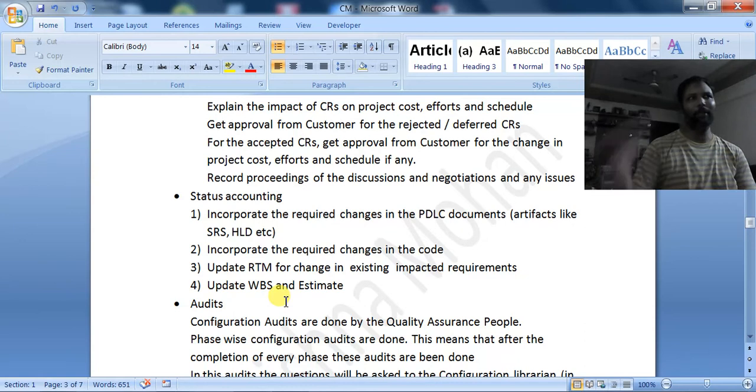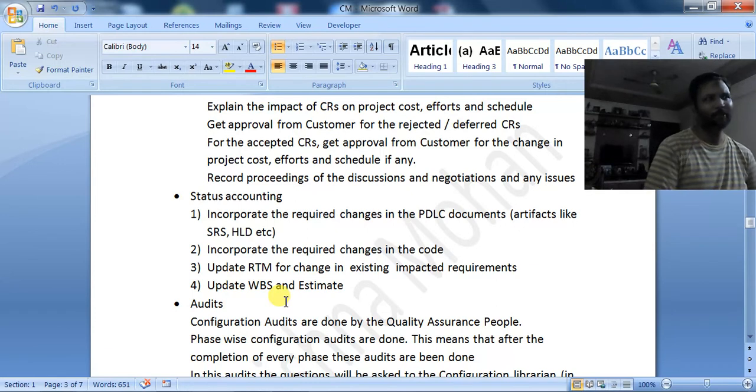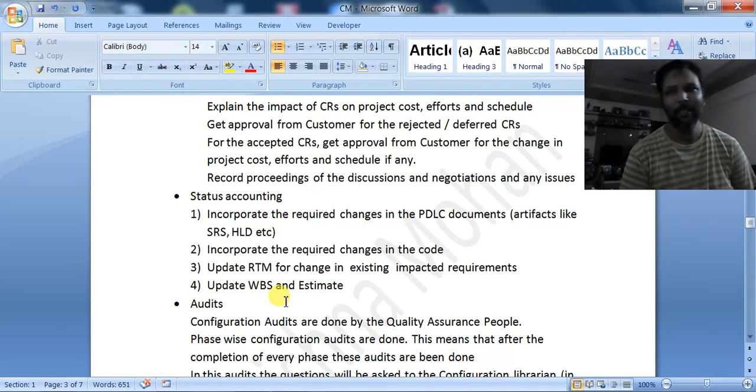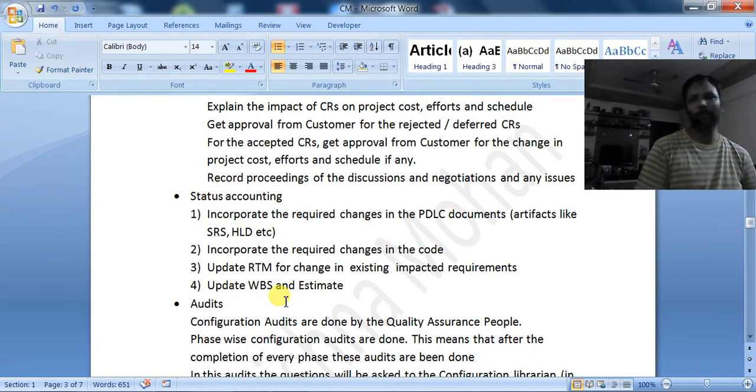There will be a work breakdown. It is a part of the planning, where the work will be broken down. Suppose there are 5 modules; we have to break down each and every module. Not only that, it may be done page wise, form wise maybe. That's why the work breakdown structure has to be modified. A separate document will be there where the work breakdown structure will be maintained, and that has to be modified. It is like scheduling, like planning.